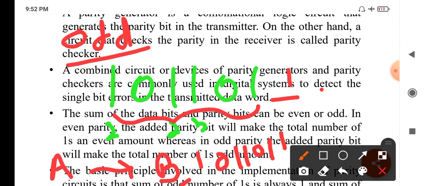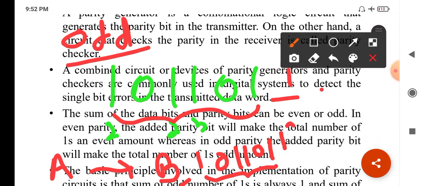So what they do is look at this bit, which indicates whether the data consists of an even number of ones or an odd number of ones.